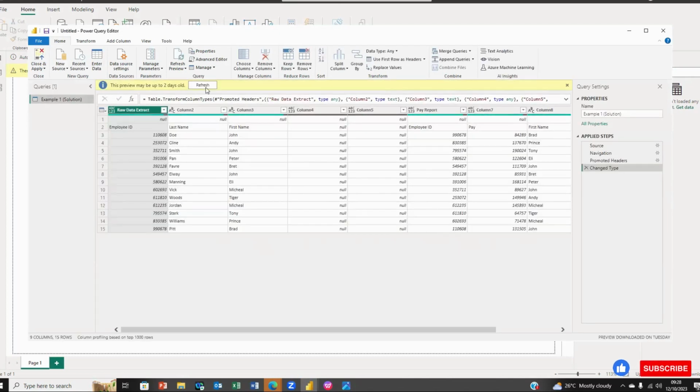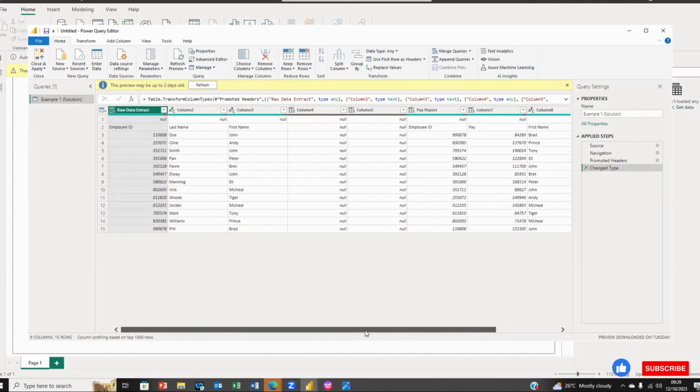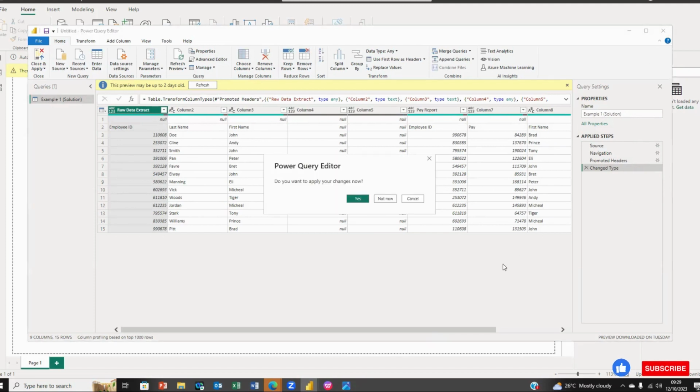Now, as you are here in the Power Query editor, this pane is where all the applied steps we make will be recorded. And here is the data that is in the workbook. So this is the way to import an Excel worksheet into Power BI. So I go to the next one, which is the